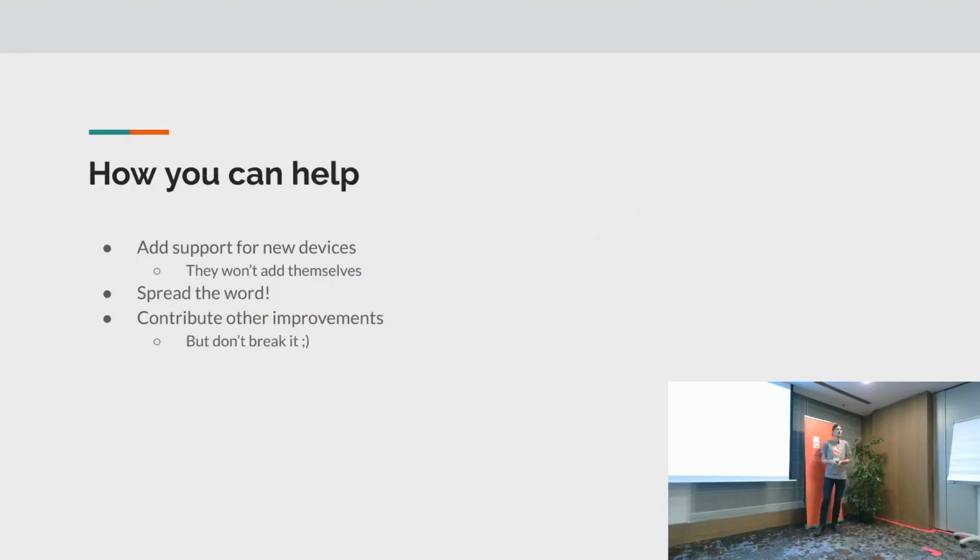So, how you can help if you want to. Of course, if you do have a Razer device at home, you can add support for it. It is relatively simple. We now also have a wonderful document called development.md in our repository, which goes a bit more into how you can add support and test it on your machine. So basically, some commands that were just institutional knowledge before are now documented there. But in general, it's not difficult.